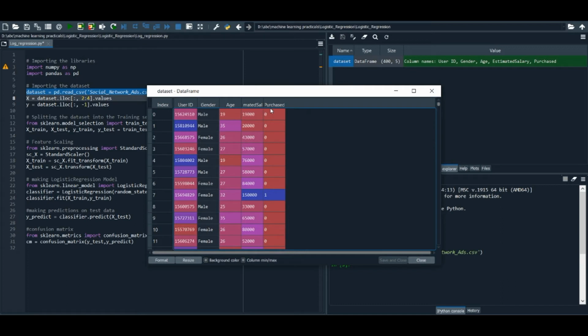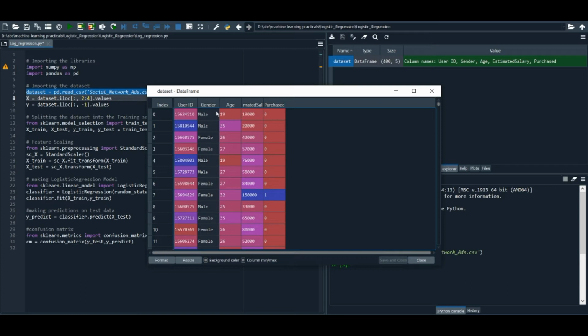Now here our dependent variable will be purchased, that will be our y, with 0 for not purchased and 1 for purchased. And we can use independent variables from these. Now the user ID of all the users will be different, and it is not going to be related to our dependent variable y, that is purchased. So we are not going to use it.